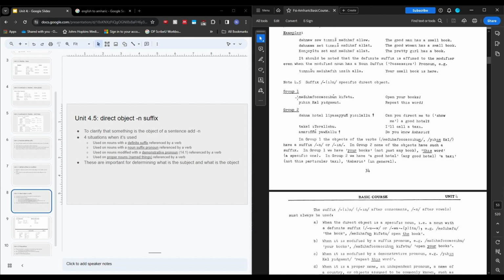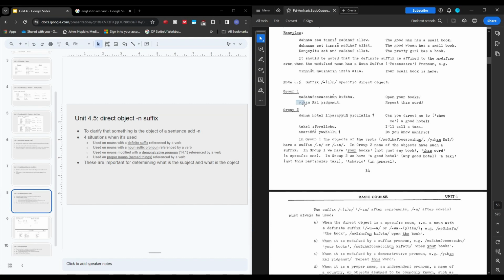The och suffix makes things plural, and that will always come before the noun suffix pronouns, which indicate ownership. So if you had beit, that is just house by itself. Beit och is houses. Then after that, you would put the noun suffix pronoun. So like beit och ish is your female's houses. Beit och u, his houses. Beit och wa, her houses. Beit och jin, which is the noun suffix pronoun for we, would mean our houses, and you can just keep going from there.